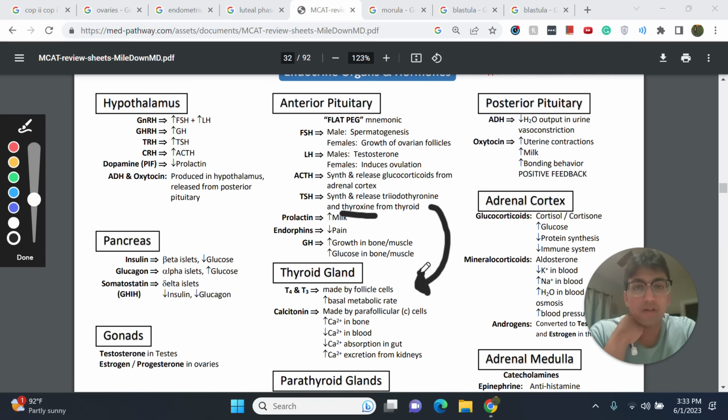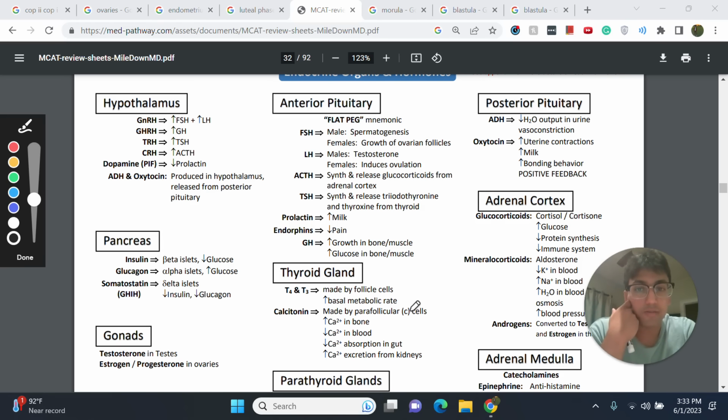So you can see from here is going to cause these things. Prolactin increases milk production, endorphins decrease pain, and growth hormone increases growth of bone and muscle. Thyroid gland is responsible for T4 and T3, and that's made by follicle cells, and it causes the basal metabolic